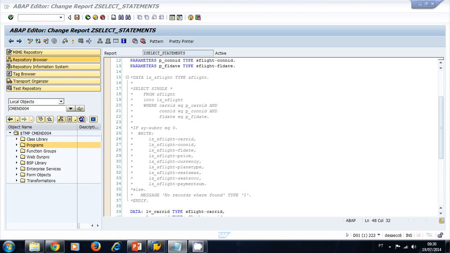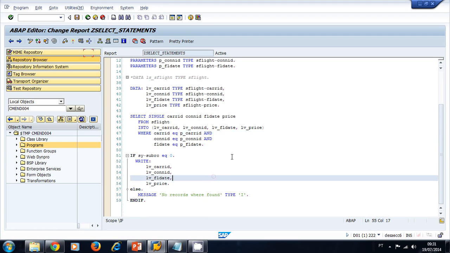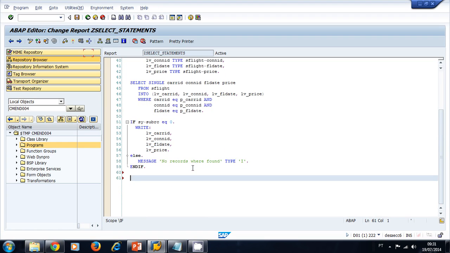One more way we can do this is using the into corresponding fields statement. How do we do that? So let's declare a local structure, type the structure we created earlier. Remember, for our flight report we used the same structure,